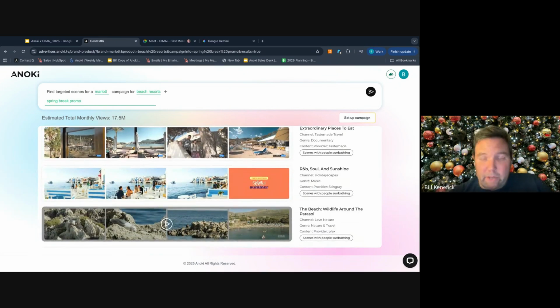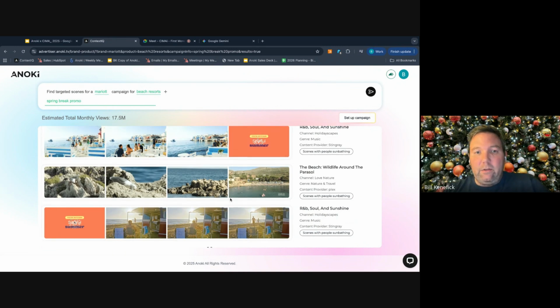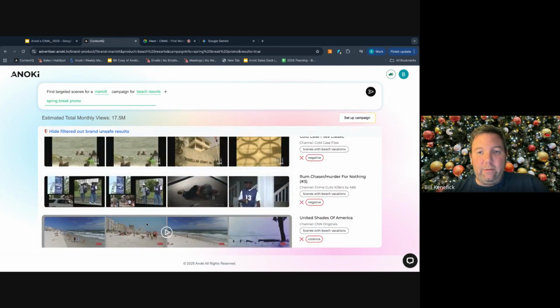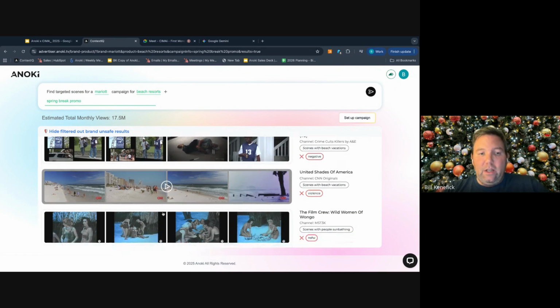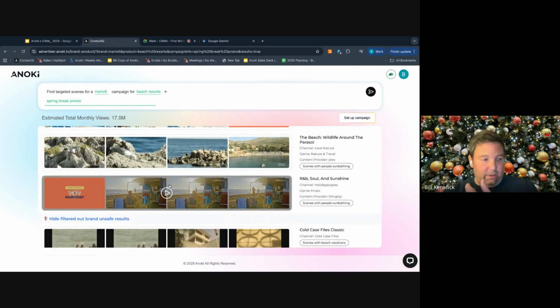And by the way, for our media folk here, I just wanted to call out a nice feature. In terms of content and brand safety, we do understand the difference between negative and non-brand safe scenes, where there might be a beach and there's a shark attack or violence or something like that. I had a banking client tell me the other day, the difference between a bank robbery scene and just people in the bank, absolutely. So we do take that into consideration.